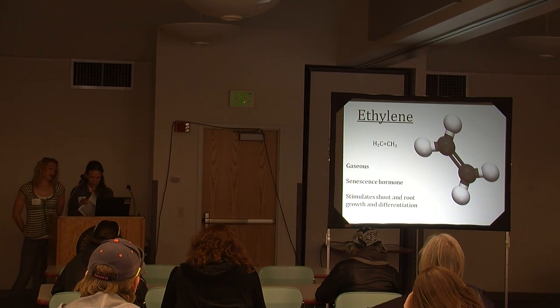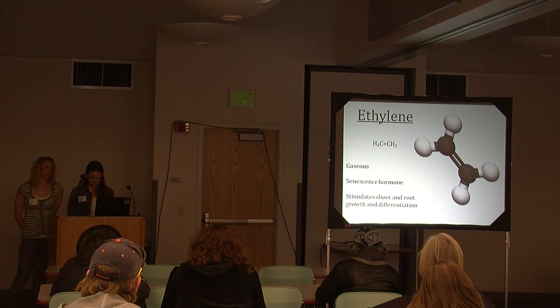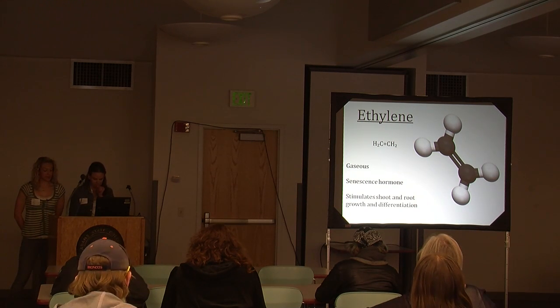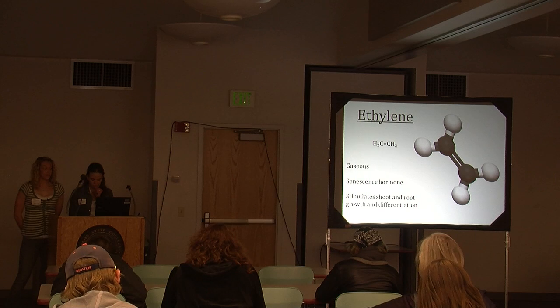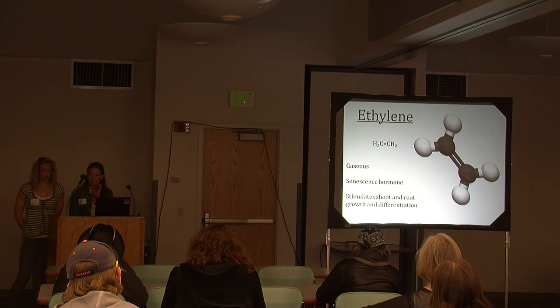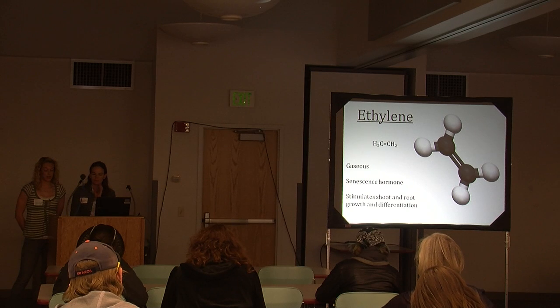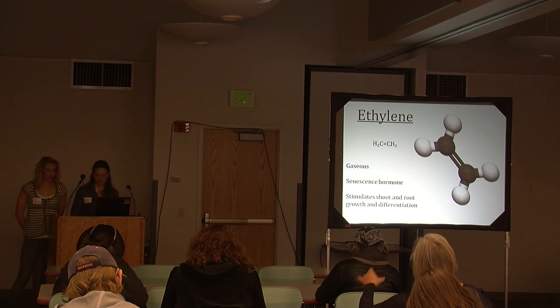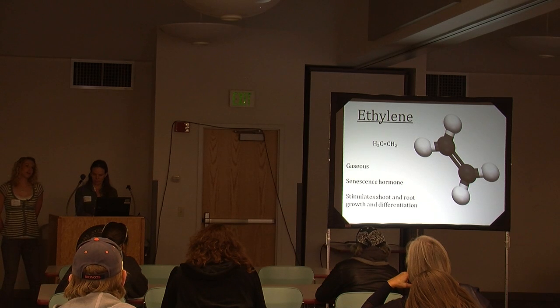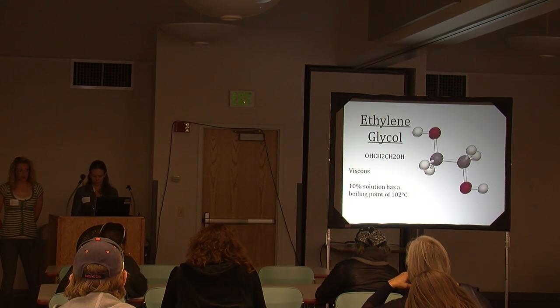For part of our experiment, we used ethylene and tested its effect. It's a gas and a senescence hormone. It helps stimulate shoot and growth differentiation. It also helps with adventitious root formation. Like abscisic acid, it's the only member of its class, and of all the known growth substances, it has the simplest structure. We had to use ethylene glycol though because we couldn't find any pure form of ethylene,